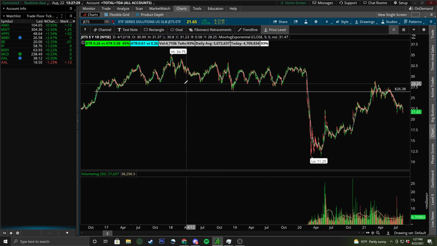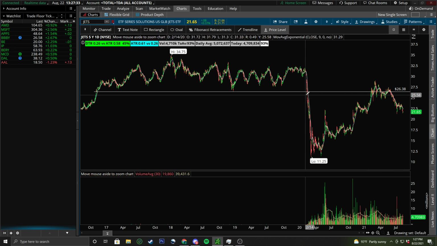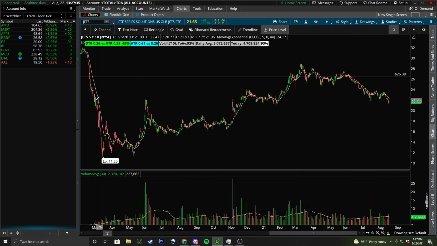I always mark this level for fun, just because it's a very big level of support. And then you got it as resistance when we pushed up with our recent highs. But let's just look at the relation of where we are. Okay, so up against these June highs that we had right after the COVID dip, you can see that we did have a good support catch. We pushed up, failed to hold those highs, and now we're pushed back down, trying to kind of hold around the same resistance turned support area. So I'd be looking,